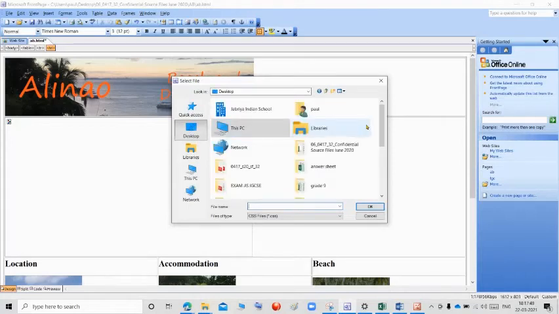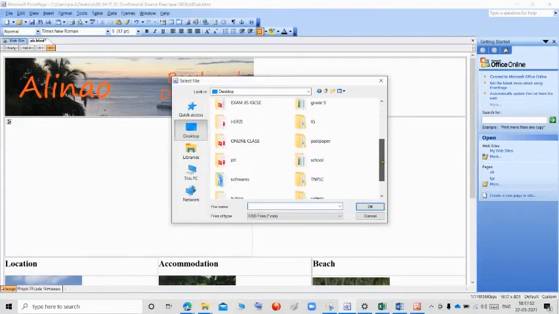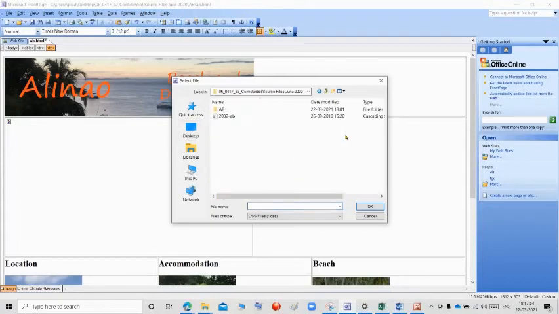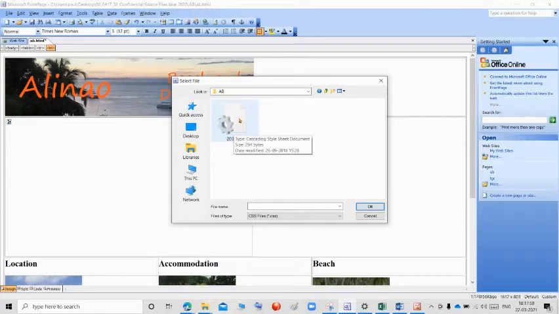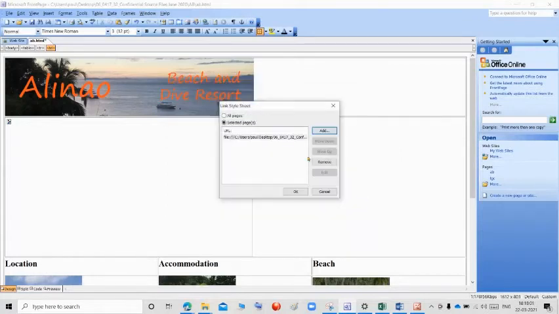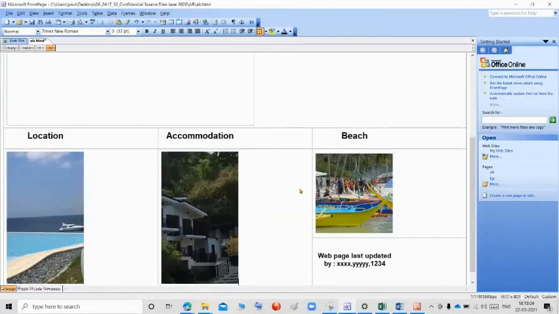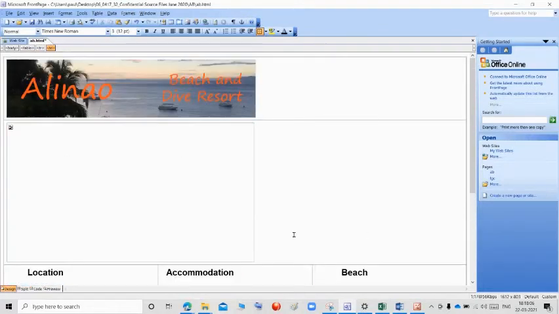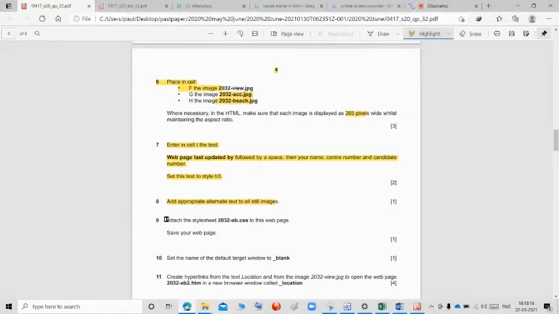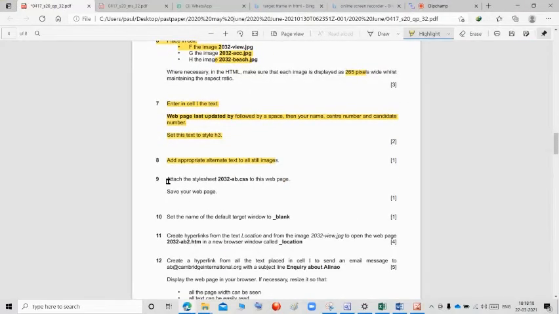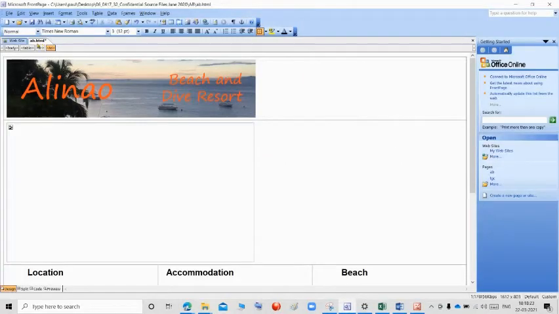Go to your work area and select this 2032 style sheet. Click OK. So now we added the style sheet. We finish this and save your web page. Once you added, save your web page.